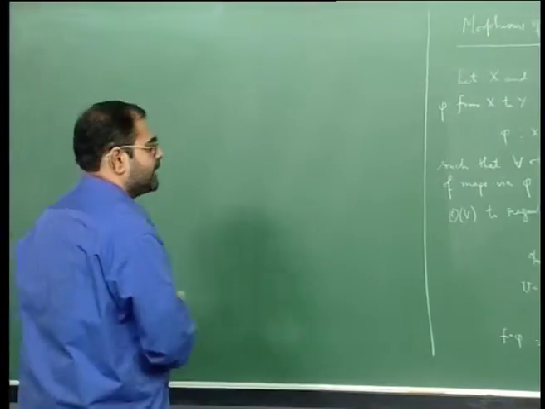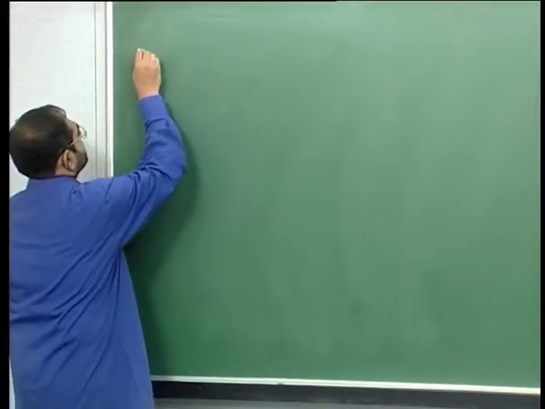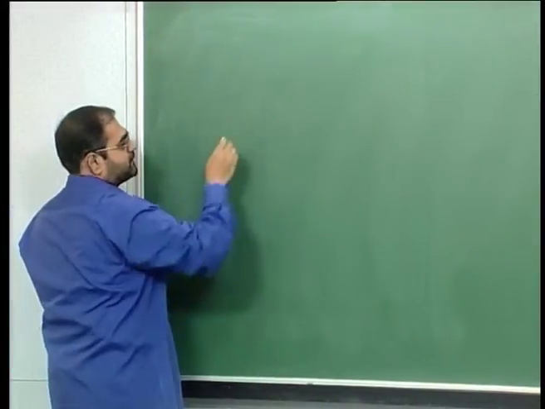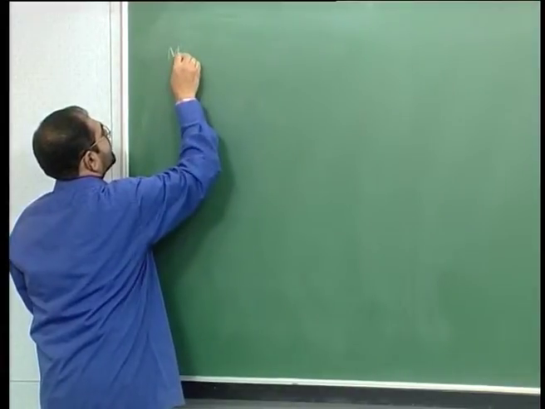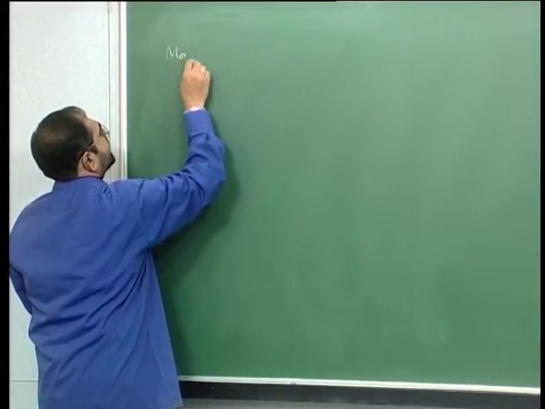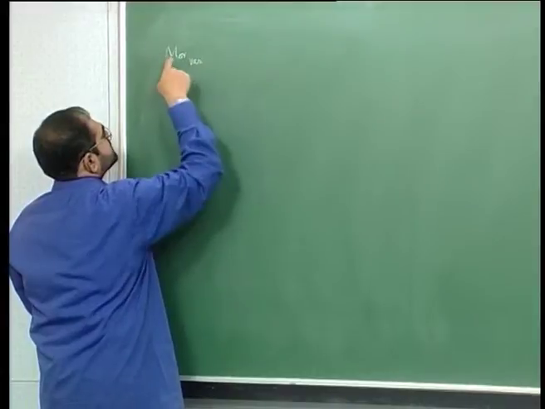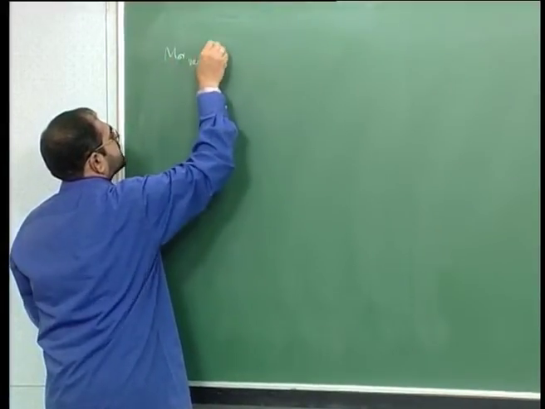So again let's look at that statement, morphisms of varieties. So this is morphisms in the category of varieties from X to A1